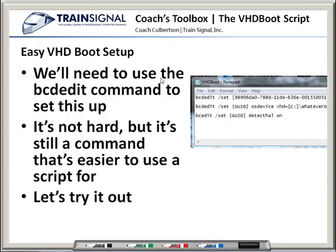To make sure that you see that we're actually making a major shift in the operating system that's booting up, we're going to copy over the virtual hard drive to the domain controller. We're going to go into BCDEdit. We're going to make alterations to the bootloader sequence, and we're going to create the ability to select which operating system we want to actually use to boot up